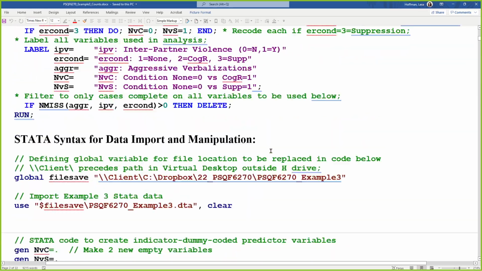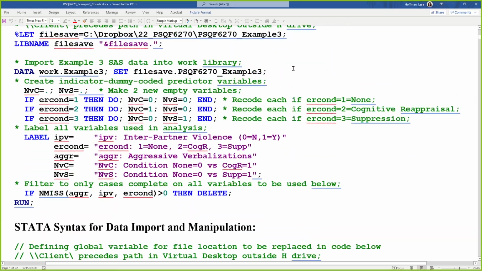Okay, go back up to the top. So making variables, step 1. I have ER condition, meaning emotional regulation condition, that I am dummy coding. So I'm treating the neutral or control group as the zero reference group. Then I have cognitive reappraisal, N versus C, and suppression as the S, so none versus suppression. So I'm directly going to get all of my parameters related to the none group, and the none versus cognitive reappraisal, none versus suppression. 2 versus 3 I'm going to have to get as linear combinations.